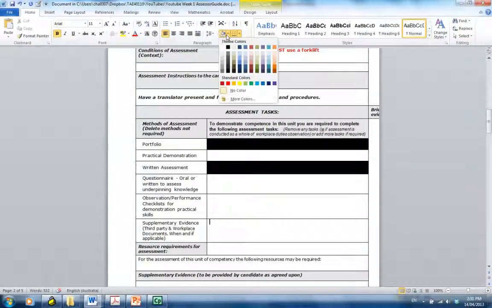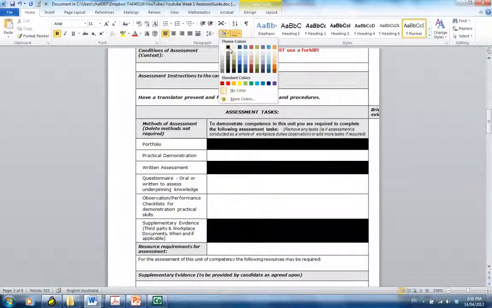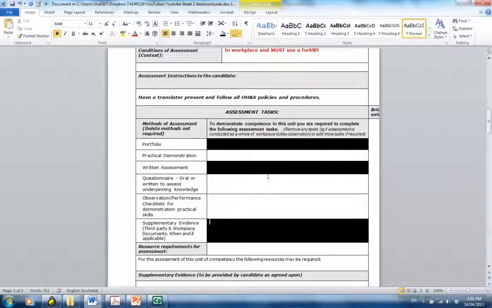So, whoops, go back to the right thing. There we go. That'll all be set up there for you. I just wanted to show you that little trick of how we actually plan and work out what types of evidence on an electronic document. So always make sure you save that.